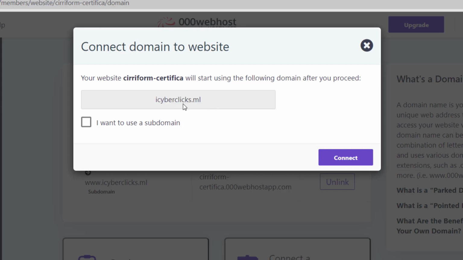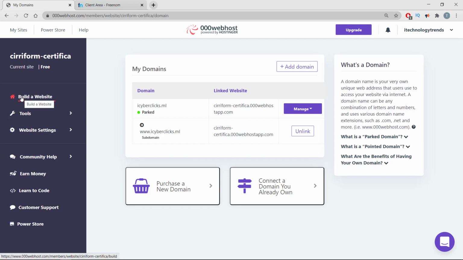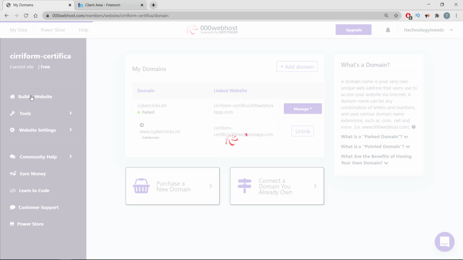I'm selecting this as my default domain name. So I'm connecting this one, and here we go. My domain name is parked. So I'm going back to the home section and build a website.